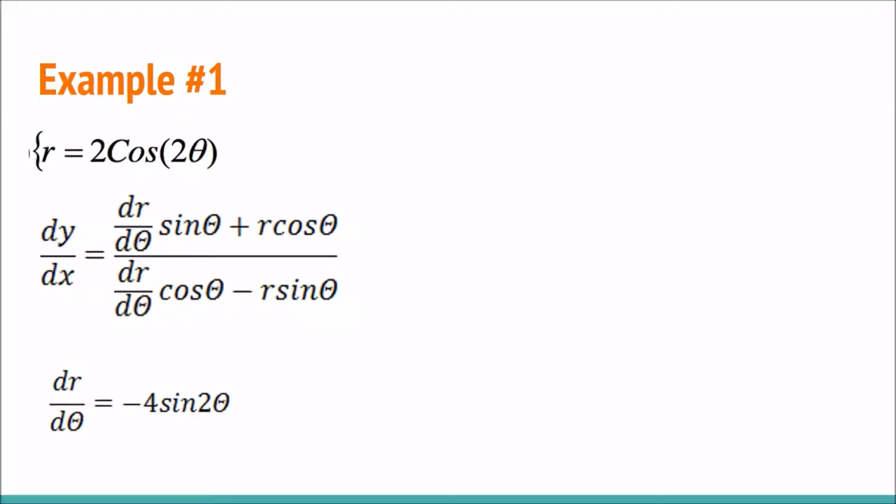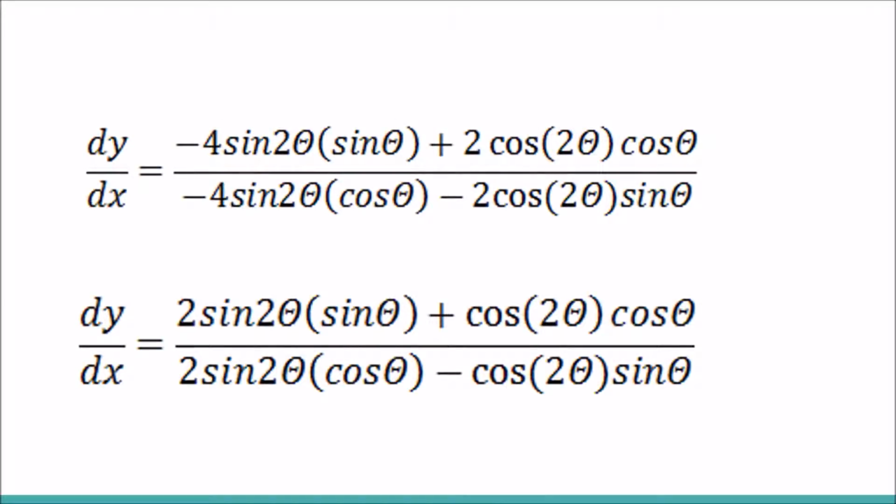We can go ahead and plug that into our equation for dy over dx. When we plug in our values for r and the derivative of r with respect to theta, and then simplify,